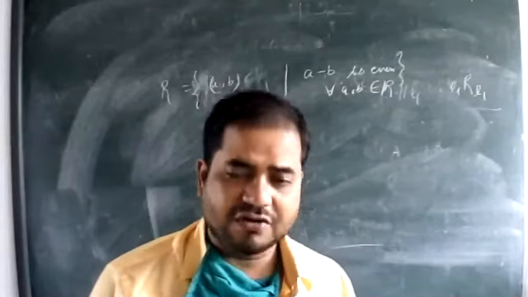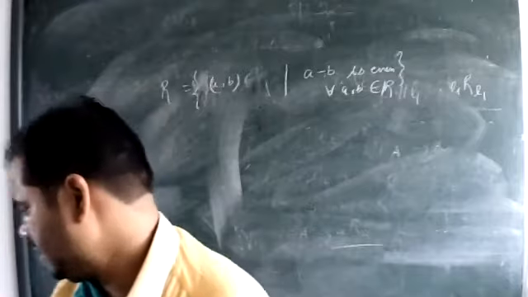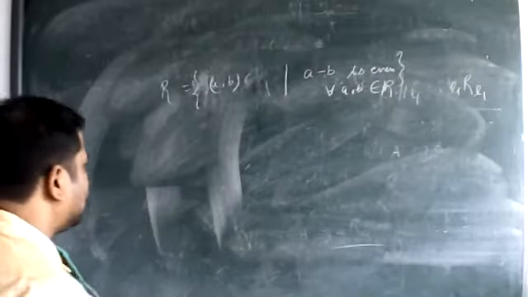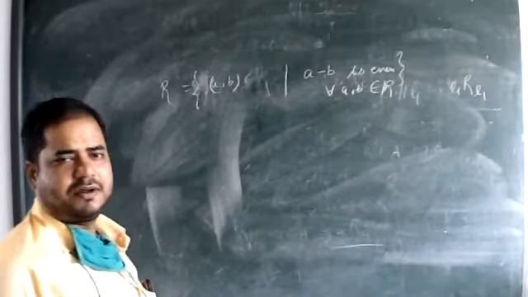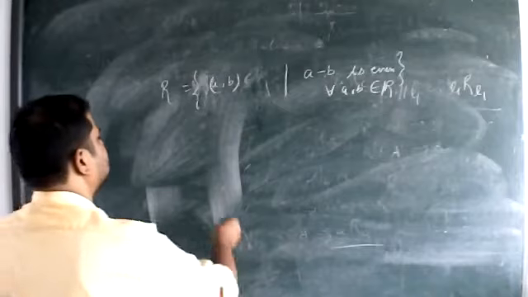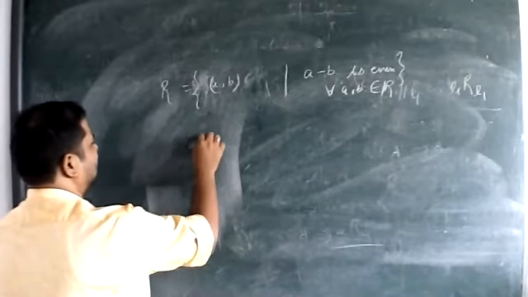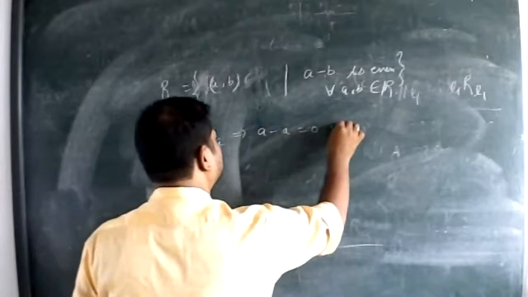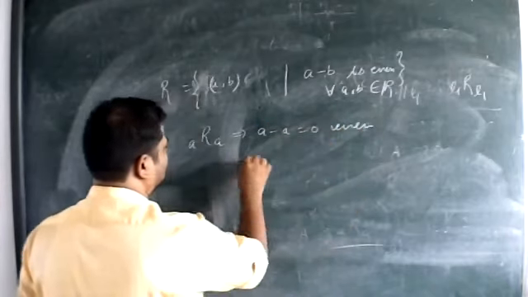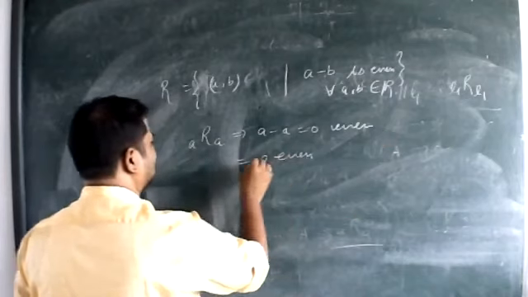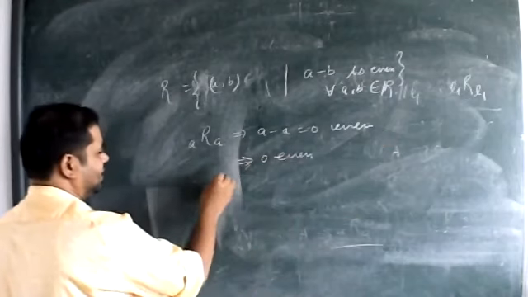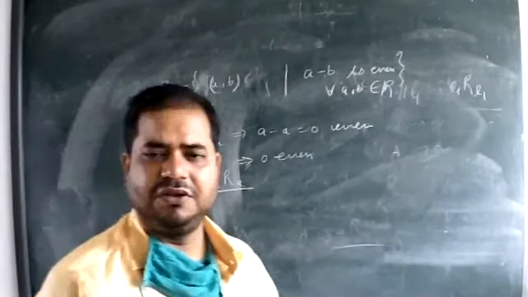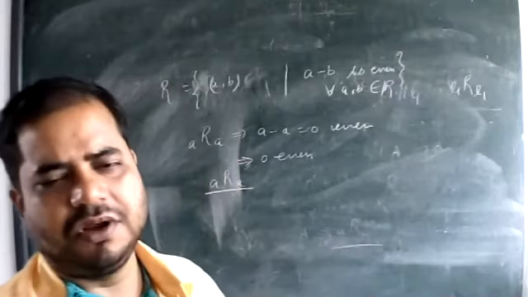Okay. Is that relation an equivalence relation? To show an equivalence relation, we need to show the given relation is reflexive, symmetric as well as transitive. So a is R related to a implies a minus a, and this is 0, and this is even. So 0 is even, which implies a must be related to a. अगर ऐसा नहीं होता तो वो 0 को even, वो 0 नहीं आता और even नहीं आता.